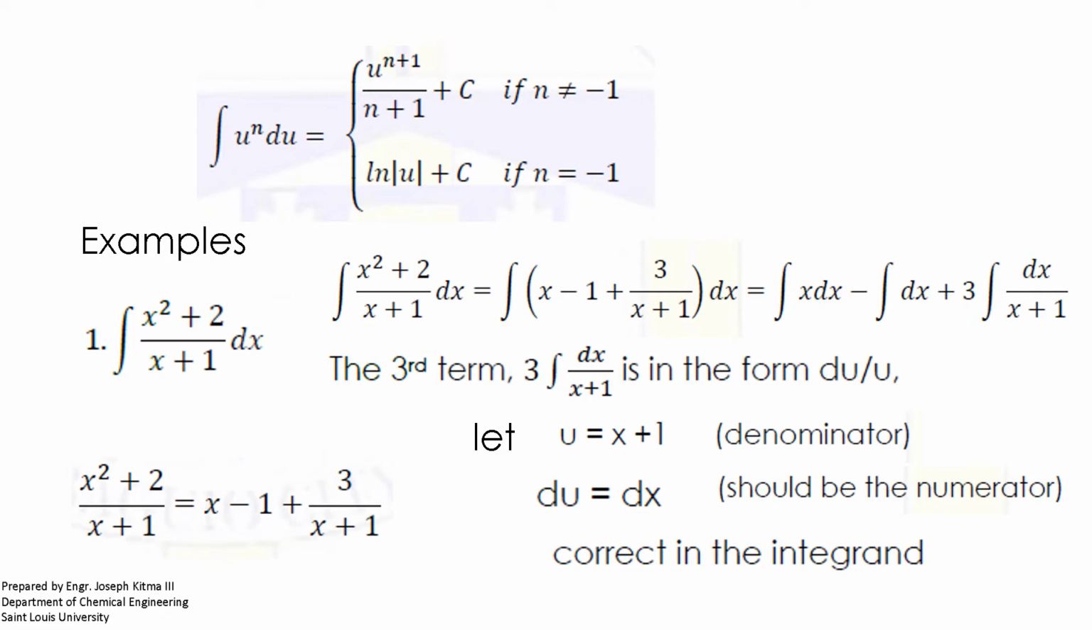So we have corrected this in the integrand. That is why we place 3 before the integral sign, because 3 is a constant and it is a property of the integral. Since the numerator is complete and does not need any correcting factor anymore, we now can integrate the expression one